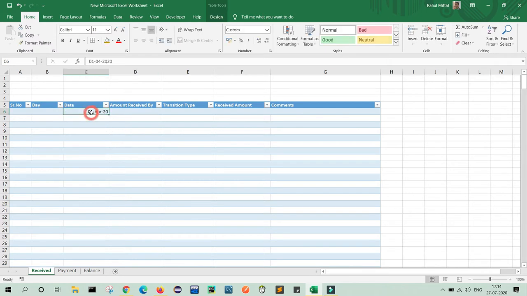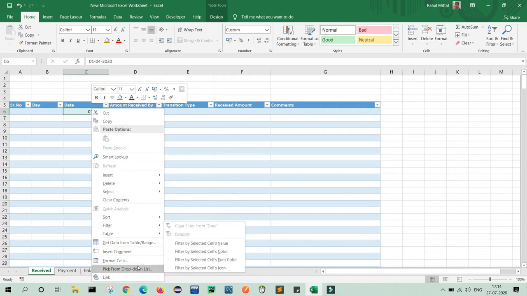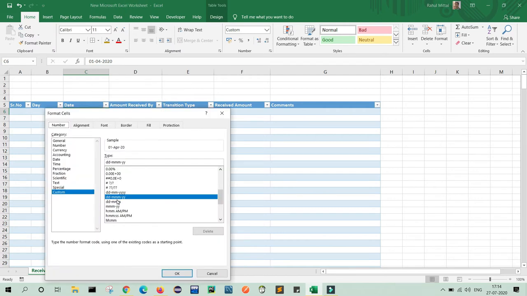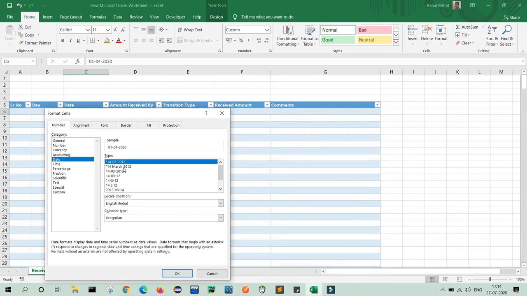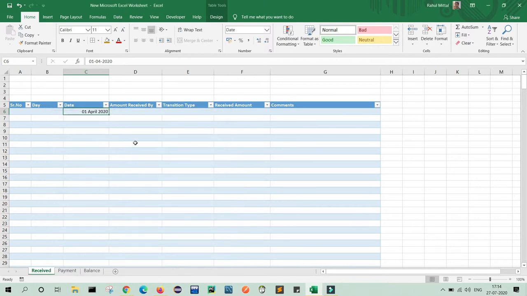So I just make this date format DD, date, to this type. Now according to my date, I want to display the day and the serial number. So first of all, we will do it for the serial number. For this, we will write a formula. Please watch it carefully. Just select the serial number, type equals, and we will use an IF condition here.